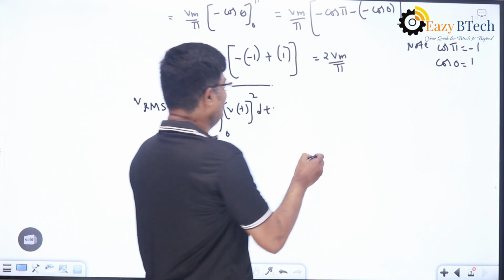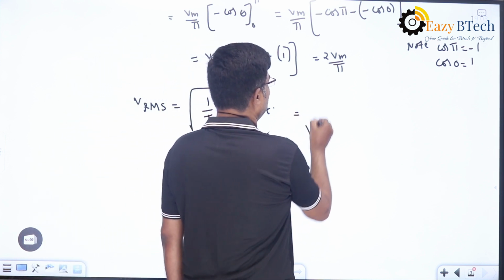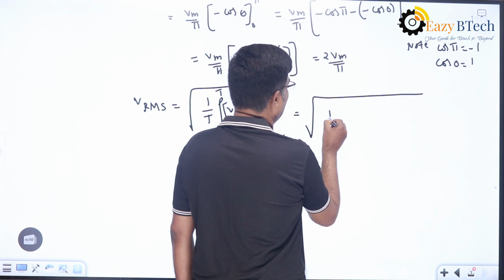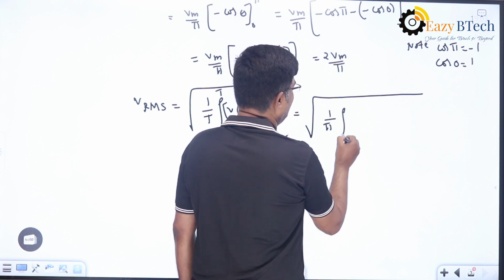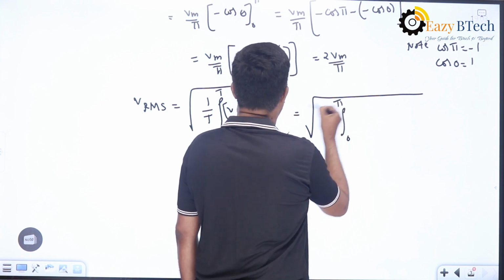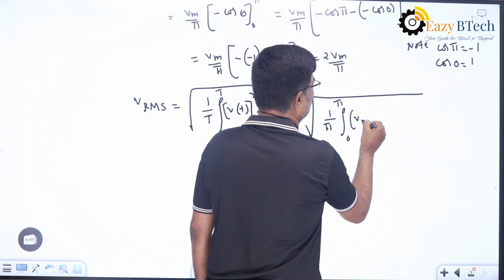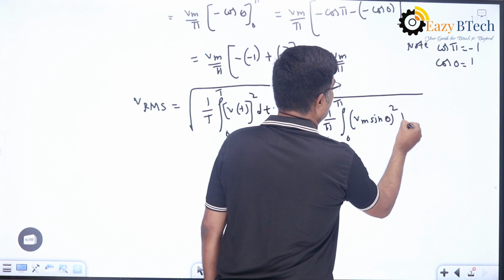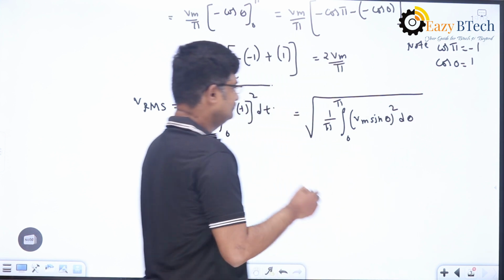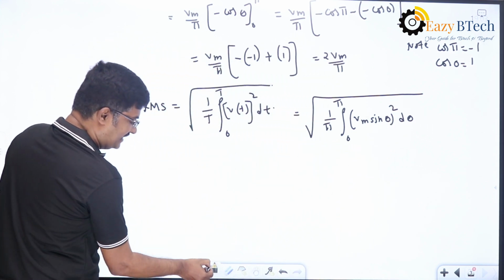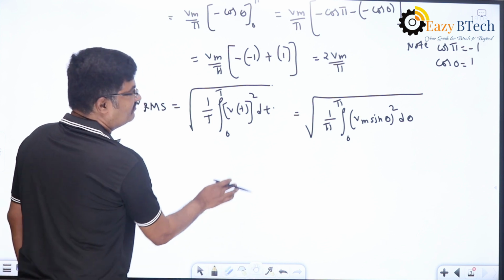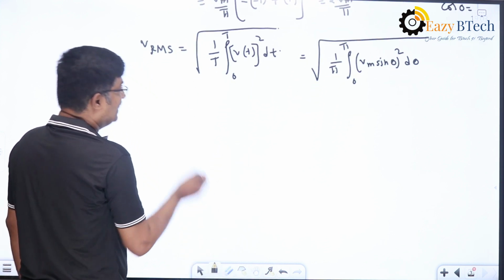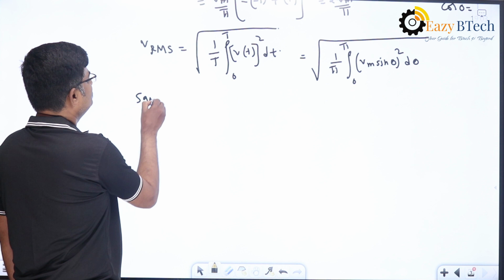So here what I will be doing, here also square root of 1 by pi integral 0 to pi, and here I am having v of t is equal to Vm sin theta whole square into d theta I will be writing. So if I am squaring on both sides, for the time being what I will be doing, I am squaring